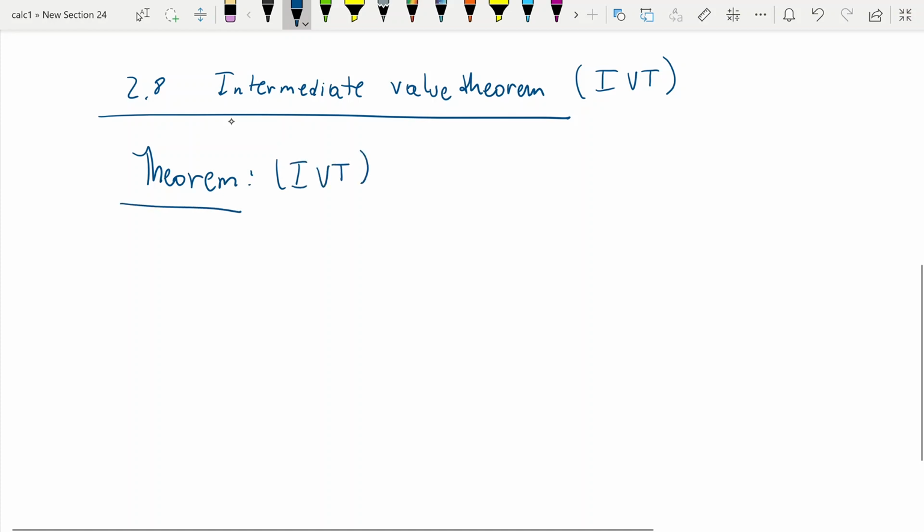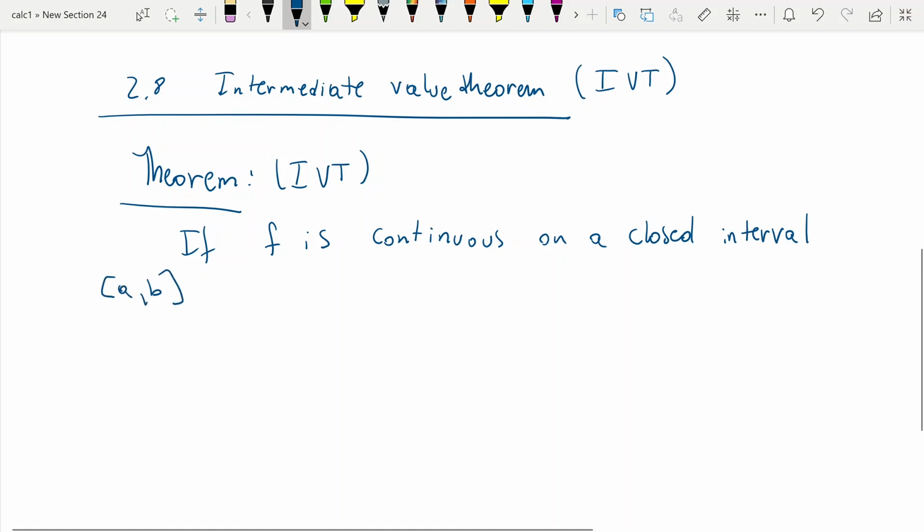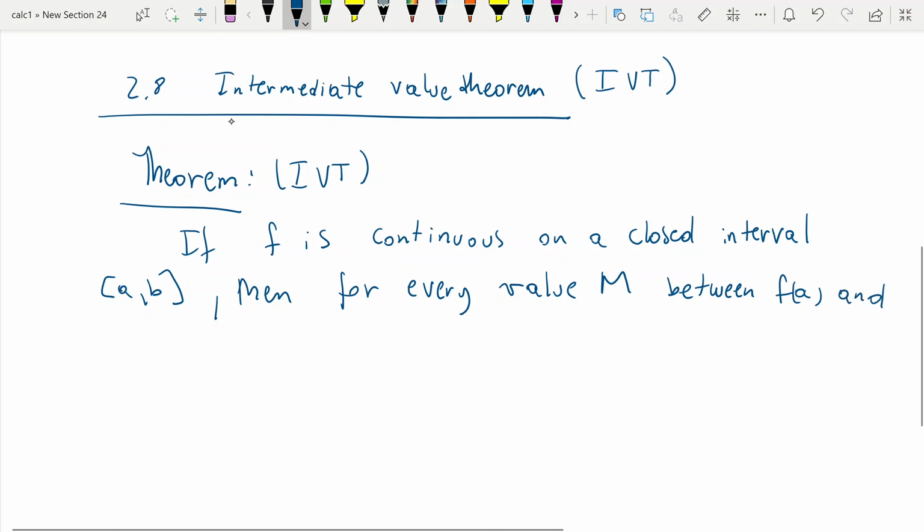The IVT says that if f is a continuous function on a closed interval of the form [a, b], then for every value m between f of a and f of b,